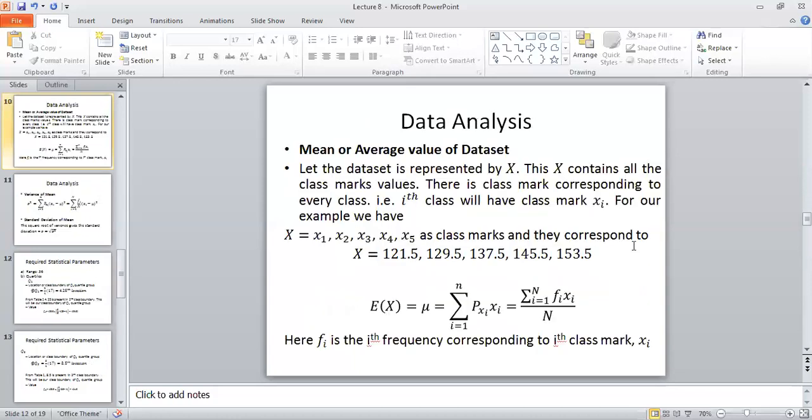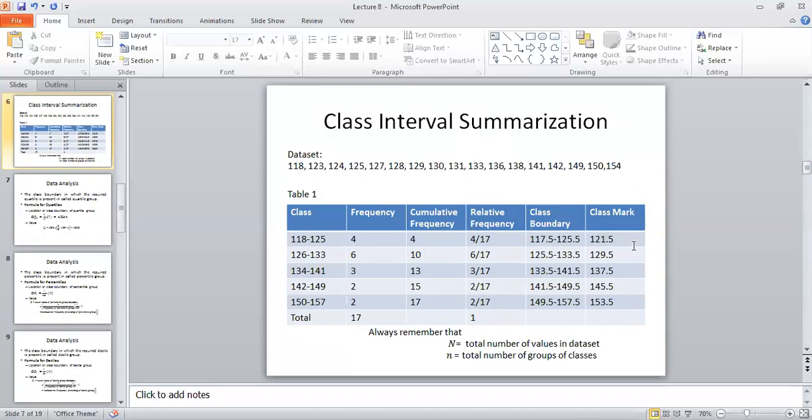For that purpose, we move back to our class interval table, and this is our class interval table. And where is 2.55 located? We can see that till the fourth value of our data set, we are still in the first class interval. So that means 2.55 would definitely be located in this first class interval. This is our percentile group, which has a frequency of 4, a cumulative frequency of 0 because there's nothing present before it, a lower class boundary of 117.5, and a class height of 8.